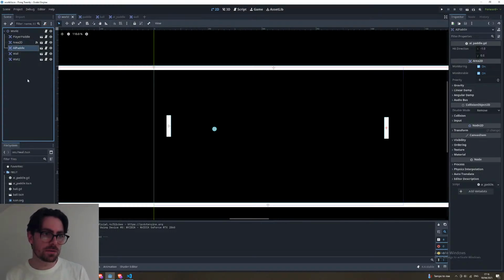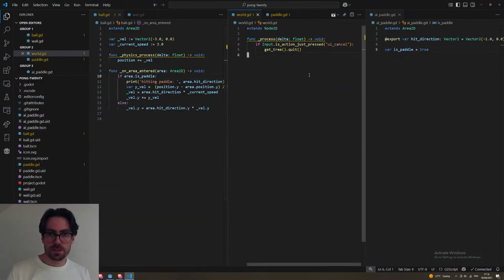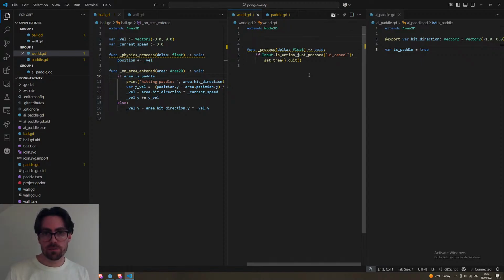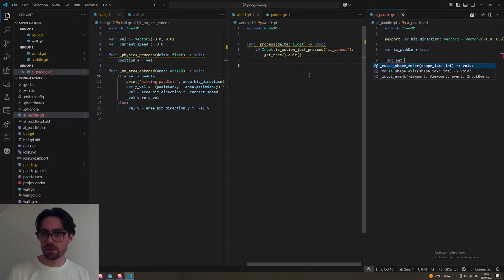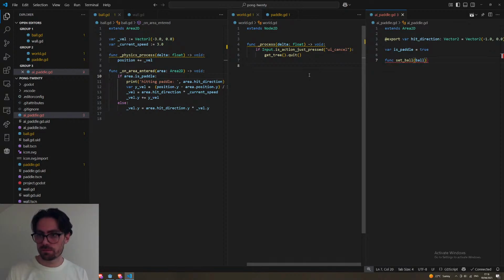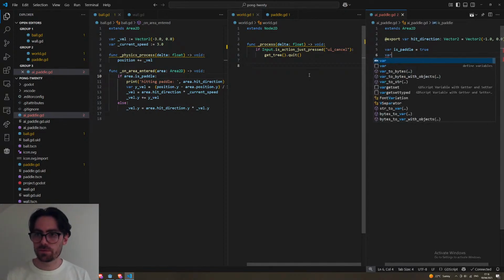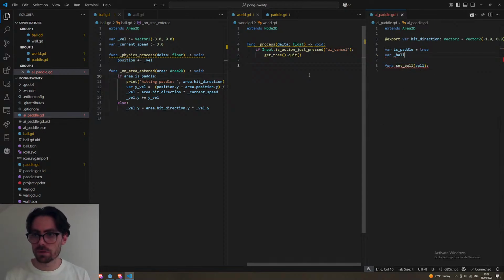So how do we want to do this? One way we can do it is we can just set a reference. Basically, in the AI paddle, we can have some function called set ball, and we just give it a reference to the ball, and we've just got this ball here,